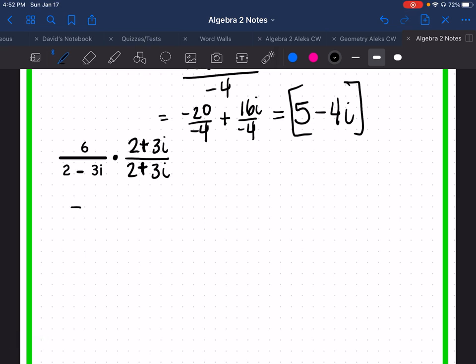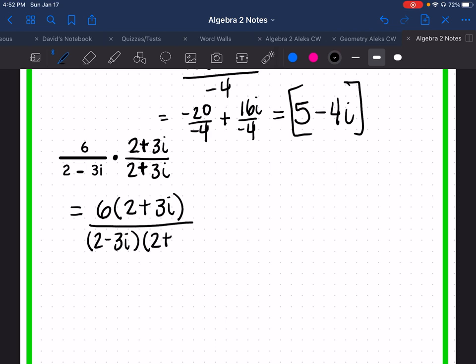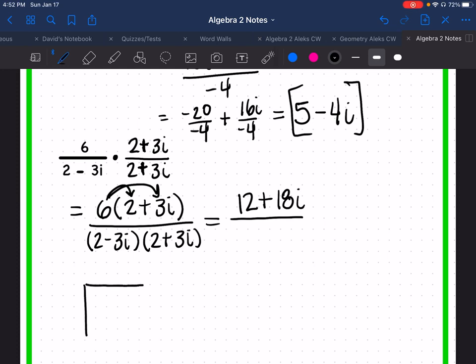Okay, on the top, I would have 6 times 2 plus 3i. On the bottom, I'm going to have 2 minus 3i times 2 plus 3i. Now on the top, I am in the numerator, I'm simply going to distribute. So I'm going to get 12 plus 18i. In the denominator, in the bottom of my fraction, I'm going to make my box again,